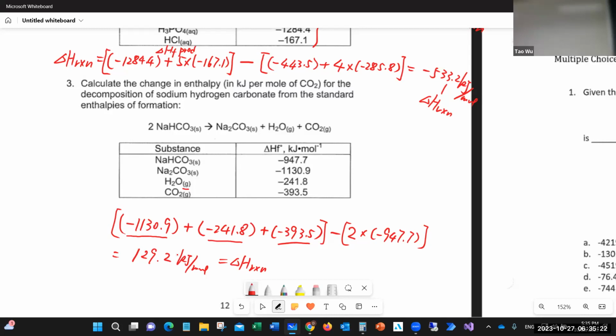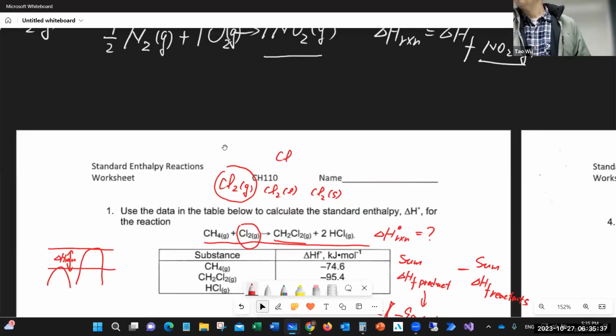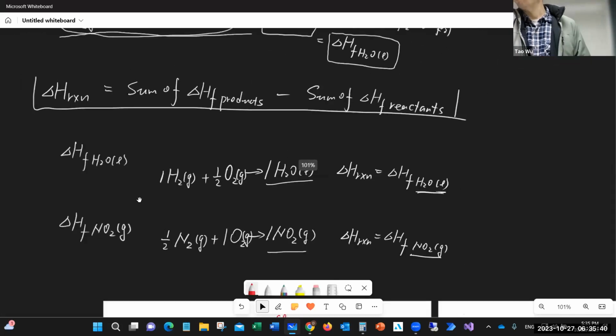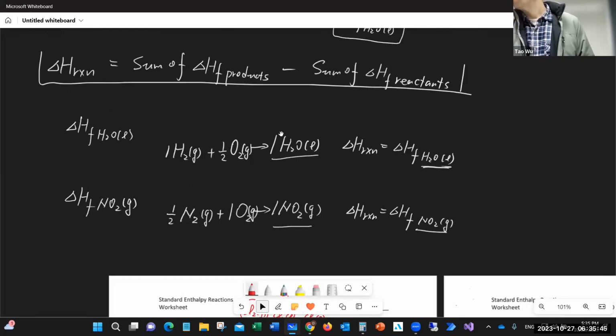And where do we find the enthalpy of formation of those compounds? It comes from online, but the point is what I mentioned over here: this is where people find the enthalpy of formation of those compounds. They set up the equation to form one mole of this, and the result of the experiment is the enthalpy of formation. All right, so let's go to the